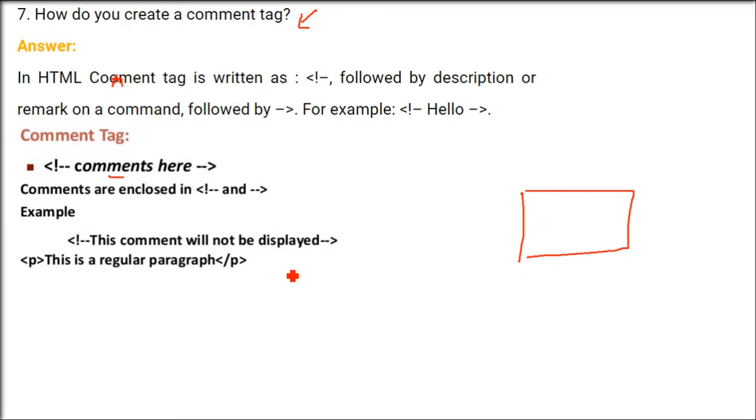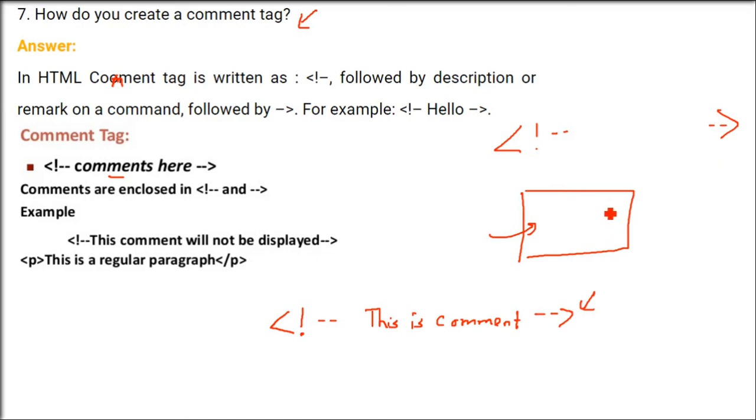It is for whoever has made the HTML page. So what would we do? We have a tag that starts with the bracket and an exclamation mark, and then on both sides you have two dash signs. So this is a comment, and it will not be shown in the browser. This is only for that person to understand what he has done. The browser will not even see it or run it. So again: brackets like this, an exclamation mark, and two dashes on either side.